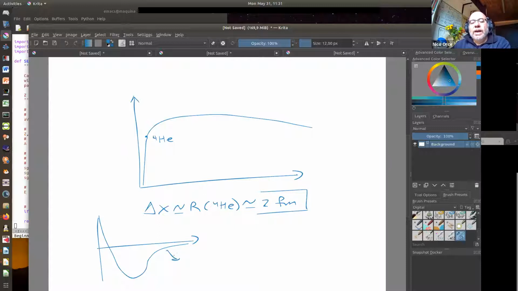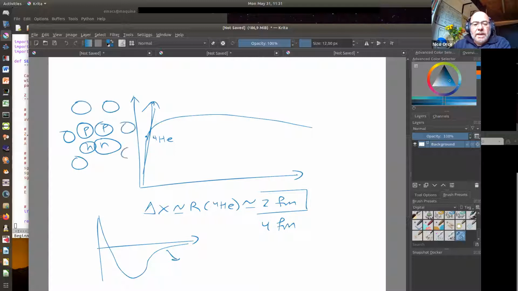So if we increase this range to 4 Fermi, that means the radius is not going to be the alpha particle, but it's going to keep going up. Again, it's going to keep going up. And we can add proton, proton, neutron, neutron, right? But if we add more particles, before nothing happened, the binding energy doesn't change. But in this particular case, if we double this,